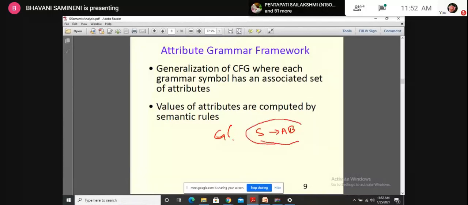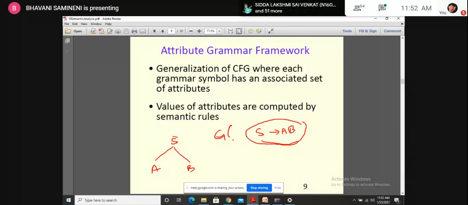Now, in the last class we have discussed, right? There will be a top down approach and a bottom up approach. Sometimes I'll be using the parent value and substituting it in its children, that is the top down approach. In the top down approach, I have some parent value, and that parent value I use in the children values. And if it is the bottom up approach, I'll be using the children values and substituting them in the parent, right? So based on this, we have to write.